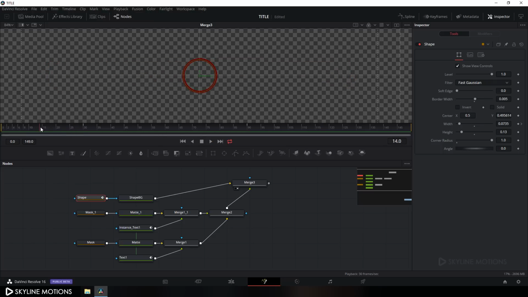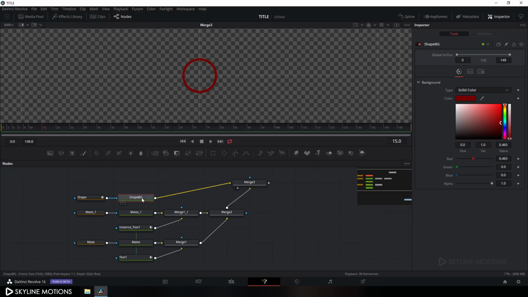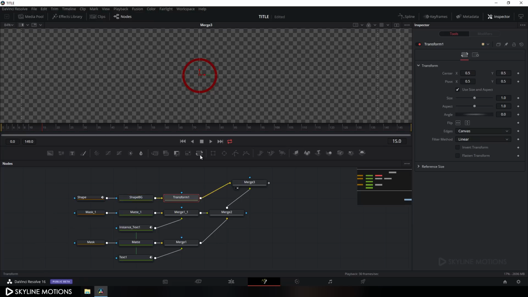Now let's animate this circle. So go to around frame number 15 and let's add a transform after this shape background. Select this shape background, click on this transform button, hit F2 and let's call it circle animation, and hit OK. Select this circle animation, right click on size, click on animate and create a keyframe